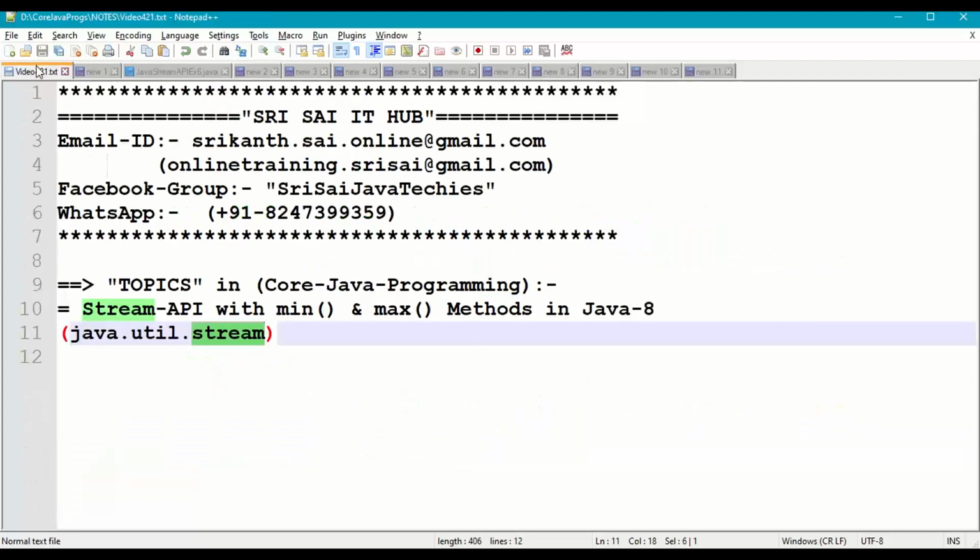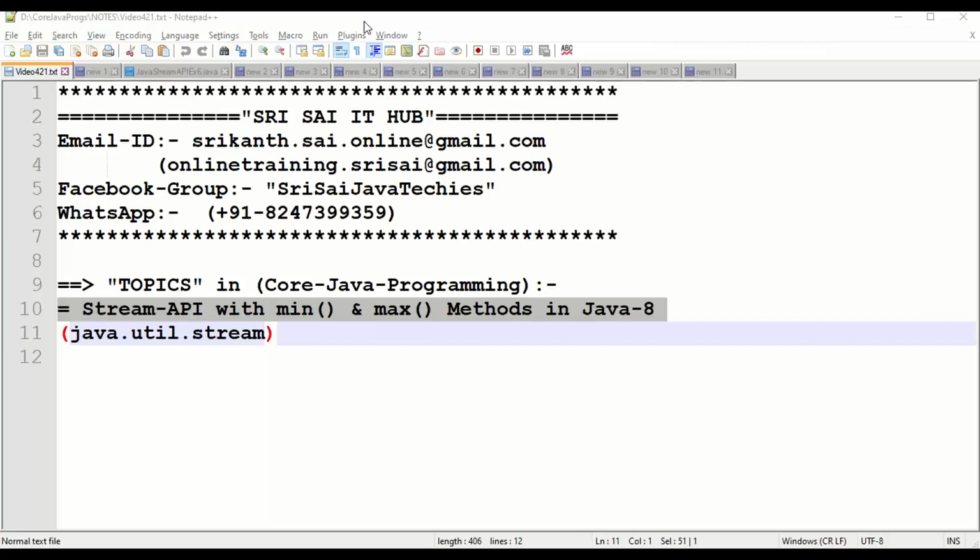So this is how we are supposed to work with the stream API with the minimum method and maximum method to get minimum data and maximum data from a collection of data which is available in a stream.